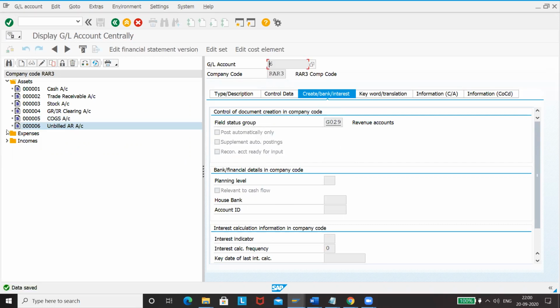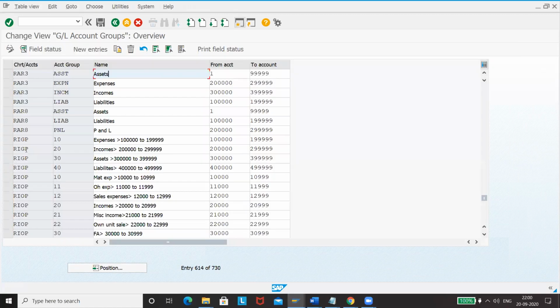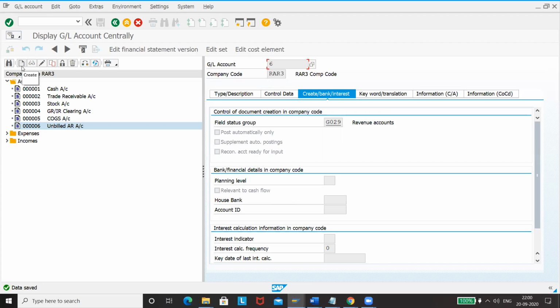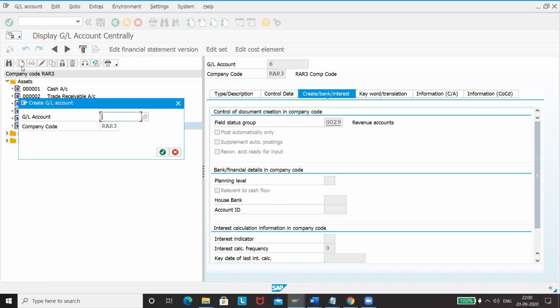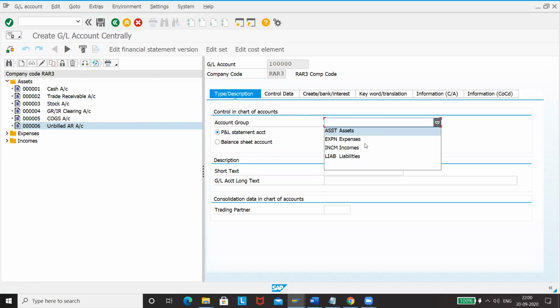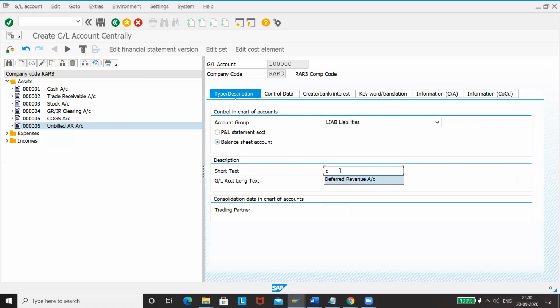And then we have the other thing that will come under liabilities. We haven't created anything. This is coming under 1 lakh series. Liabilities in the balance sheet. So this is deferred revenue.